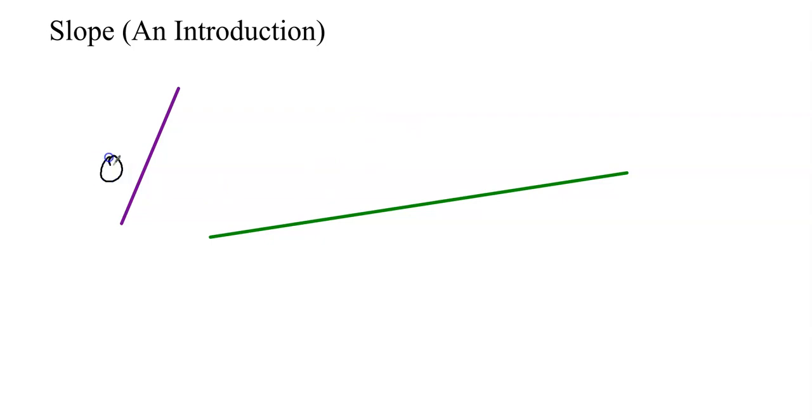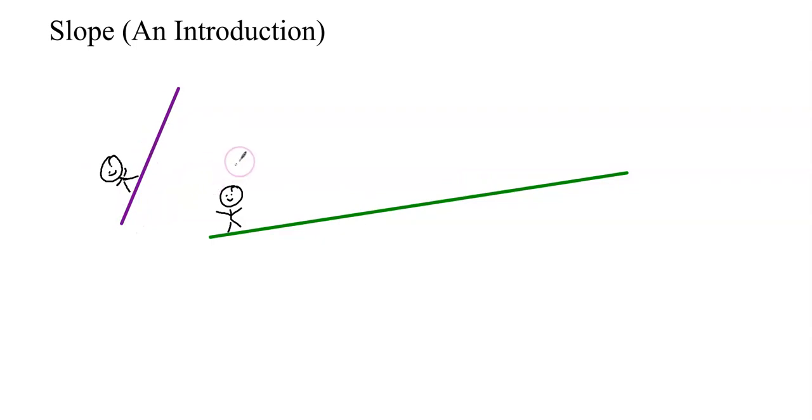So if I were to climb this line, right? This is me and this is me here, right? Which line is steeper? Well, hopefully you can see it's the purple line. This is more difficult to climb. The green line is not as steep. It doesn't increase or go up as quickly. So if I were to ask you which line has the greater slope, it would be the purple line